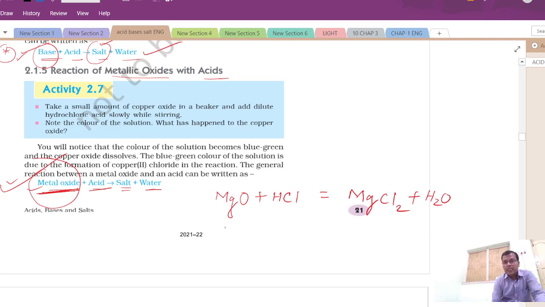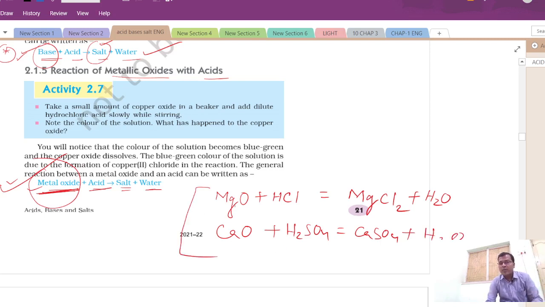You can take another example, CaO, calcium oxide. You can take H2SO4, then what happens? CaSO4 is formed, calcium sulfate, plus water is formed. This is the general equation, that whenever a metallic oxide reacts with an acid, then salt and water is formed. And in the same way